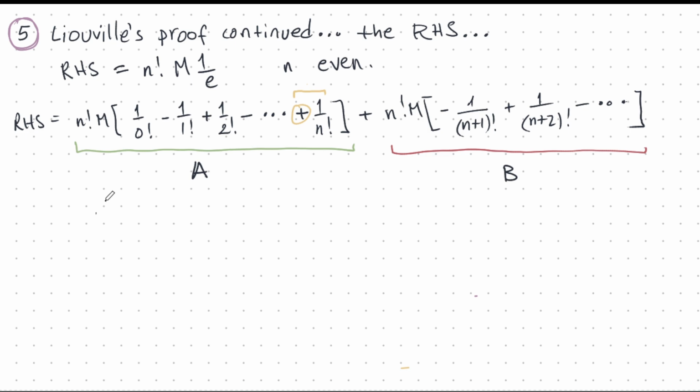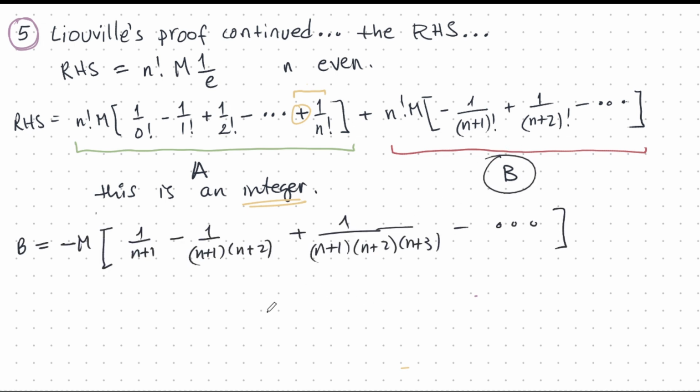The same argument like before tells us that a is an integer. There's just a little bit of worry about whether this is a positive or negative integer because we have these positive and negative signs. Well, with more alternating series theorems, we can show that, yeah, this is positive. But I don't think we need to know that. I think that we're okay if we just say that, yeah, it's an integer. The proof will work, I think. Now the real issue is b. Let's examine b.